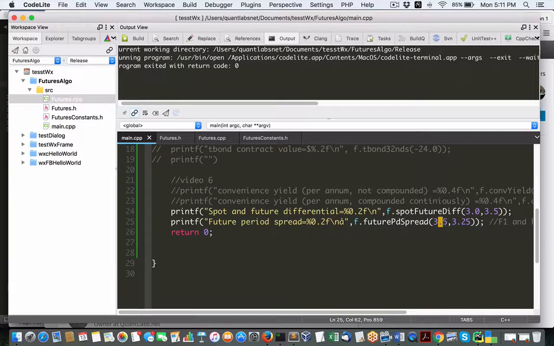So this one would be the first one. As I said, let's assume July. The second one could be September. So in essence, what we want to see is the second price to be higher than the first price of the futures. Otherwise, when it's negative, when it returns the difference, it's going to be backwardation, because now it's negative. So if I run this,